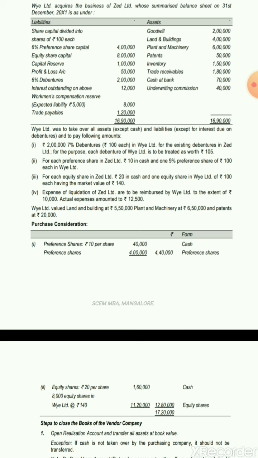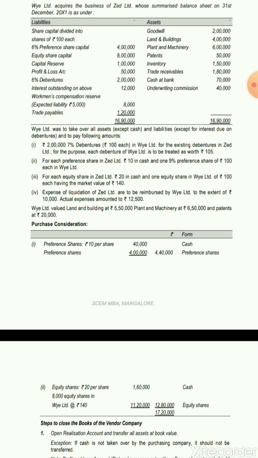In case of net payment method, we would consider only those payments which have been directly made to the shareholders. Shareholders could be either preference shareholders or equity shareholders, but here if you could see this particular transaction, you would understand that the payment has been made to the debenture holders. So whatever payment is made to the debenture holders cannot be considered when we calculate purchase consideration under net payment method. Since we are following net payment method, this particular transaction is excluded in the calculation of purchase consideration. So it is not there.